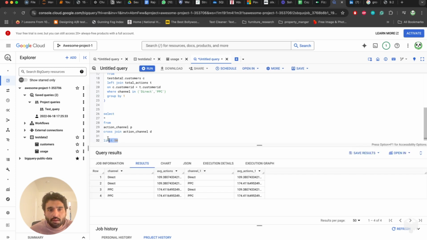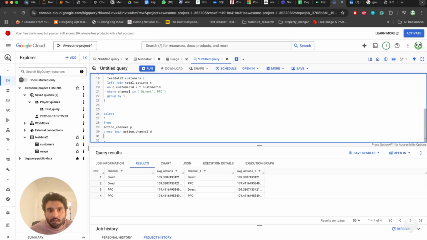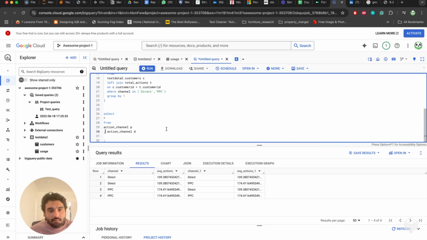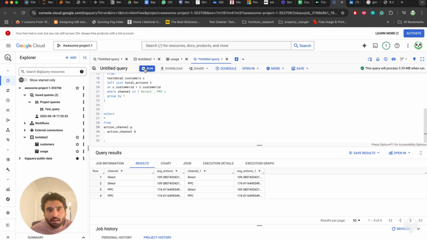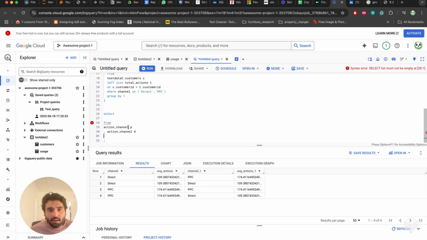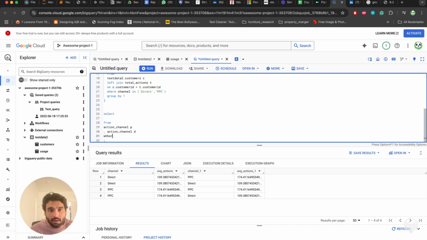So now I have done a cross join. Sometimes its shorthand is just to use a comma, and you'll get the same result. So I just use a comma. So that's a cross join. So now we need the first one. We're interested in the first one, we're going to filter the first table,